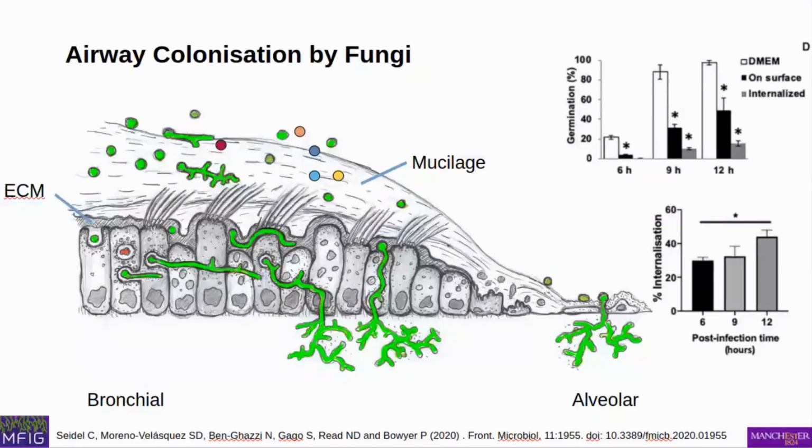So what we've been looking at is what goes wrong in the lungs to allow the fungi to germinate and penetrate and grow more effectively. What has to fail in this situation for the fungus to succeed and for the defenses in the airway, these really effective defenses? What has to happen for them to fail? And again, you can look at the graphs if you want. The numbers are all there, but don't worry about that for the moment.